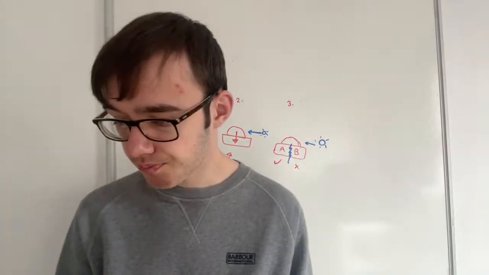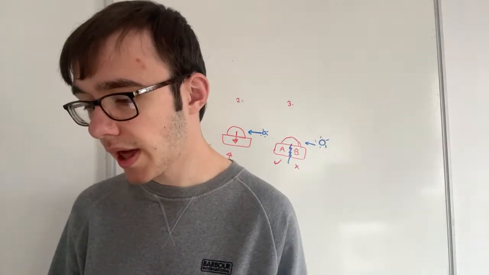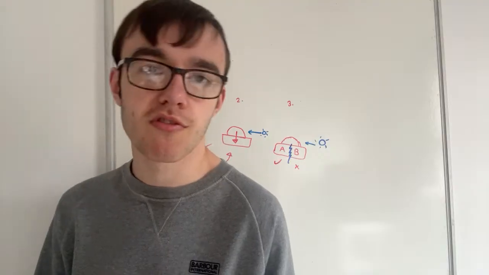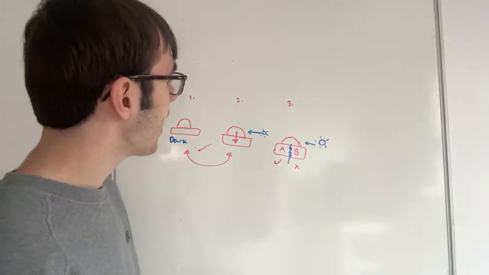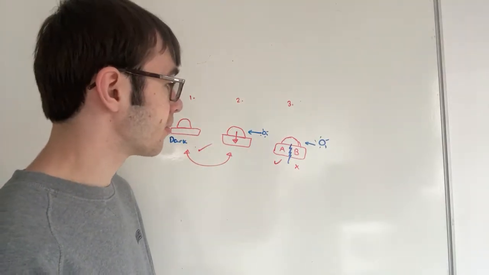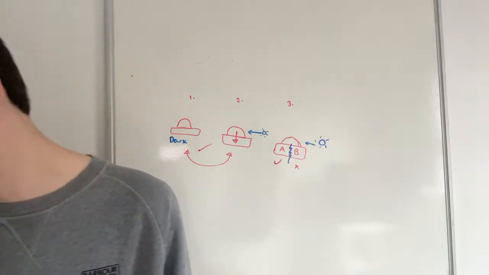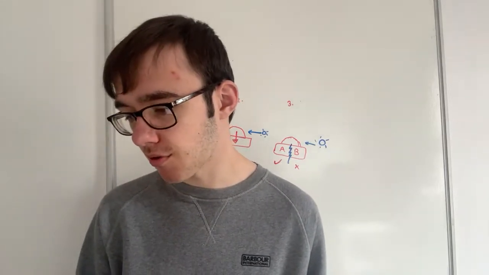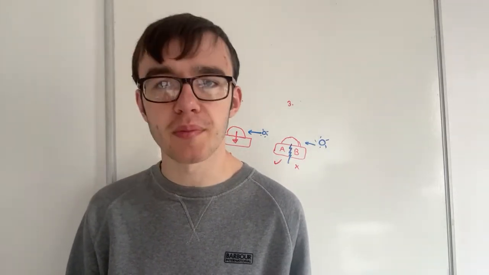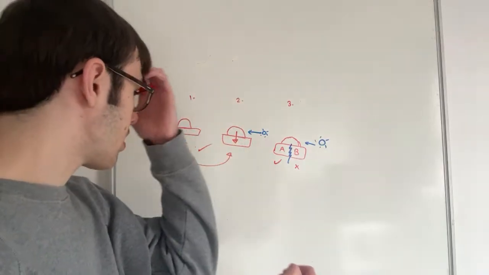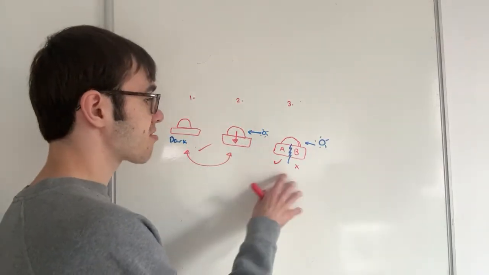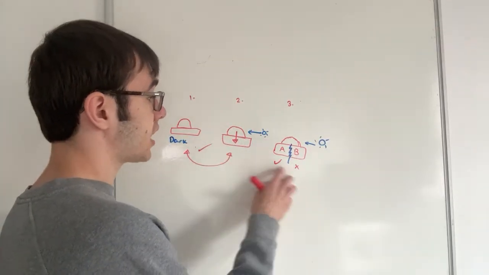Second mark, IAA moves away from light or moves to shaded side. Okay, I said that it needs to move via diffusion. IAA accumulates on shaded side. Idea of movement is required. Okay, I wouldn't have gotten a mark then, but I was on the right path. I just needed to elaborate.